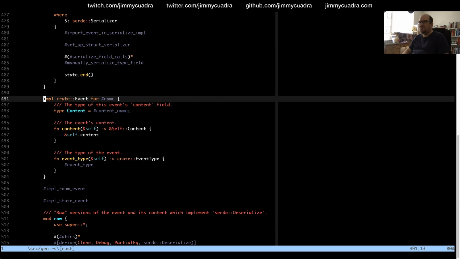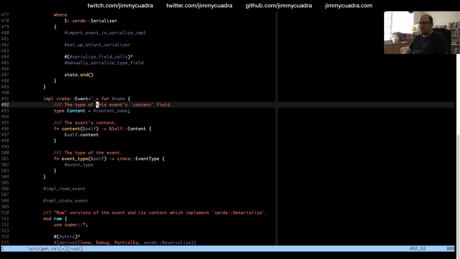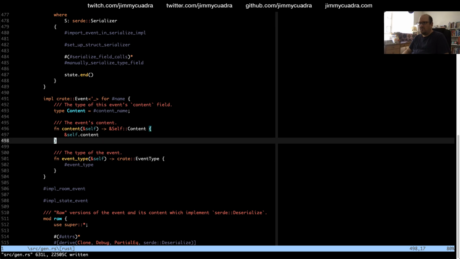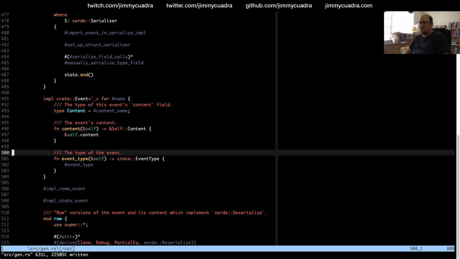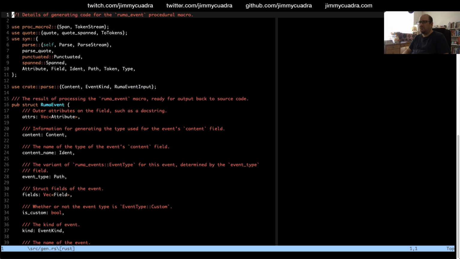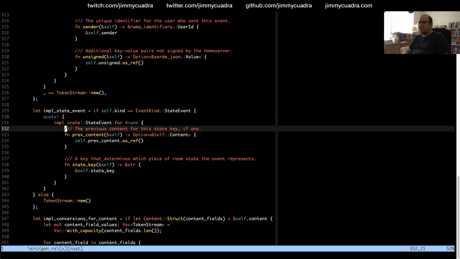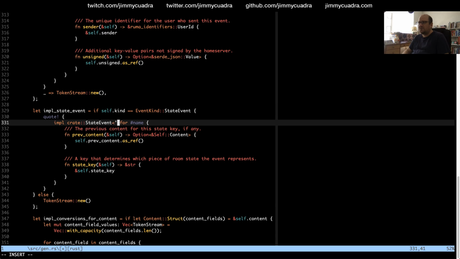Yeah, right here. So this now has a lifetime associated with it, which it didn't before. That's what that is. And so the room event and the state event versions will also need that. Let's see, impl create room event. So this needs a lifetime also. And same for state event. This needs a lifetime.